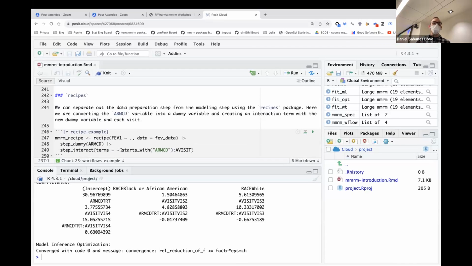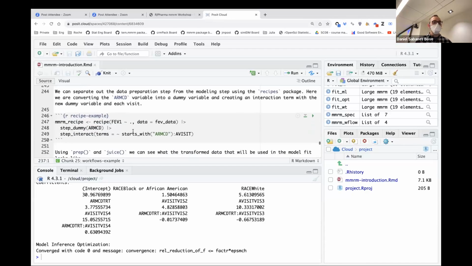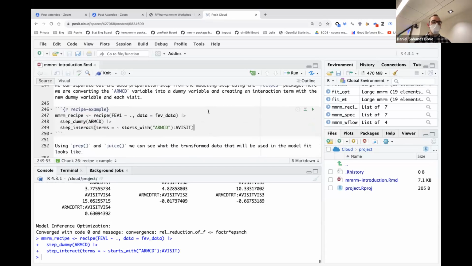Likewise, tidymodels has this concept of a recipe. And this is more of a reusable way of specifying a model and some of the pre-processing steps as well. And so we can integrate with those just as well. And so if we produce an mmrm recipe, here we are defining, again, our formula and our data. We're maybe pre-processing some of the variables that we want to use. We can specify interaction terms so that they automatically get derived when we want to then train our model